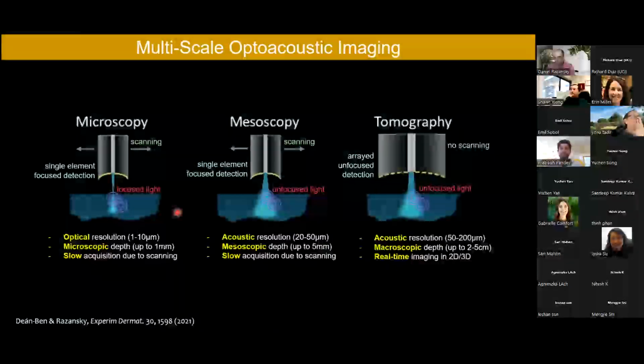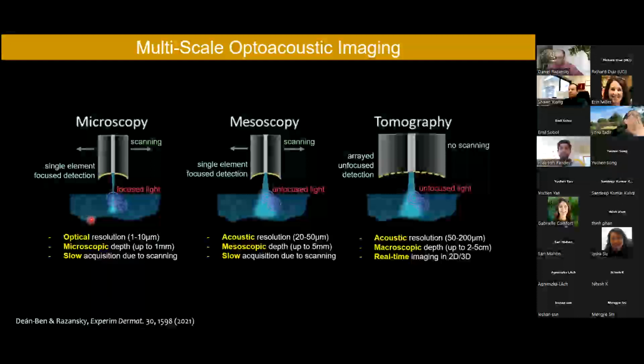In terms of instrumentation, optoacoustic imaging can be done in 3 basic modes. In the optical resolution microscopy mode that you see on the left, the light beam is tightly focused into a spot on the tissue surface, and for each pulse of light, a single ultrasound detector is commonly used to detect the generated optoacoustic signals. And then the light beam is scanned across the sample to acquire 2D or 3D images. And obviously, this approach only works for limited depths of up to about 1 millimeter in tissues where the light